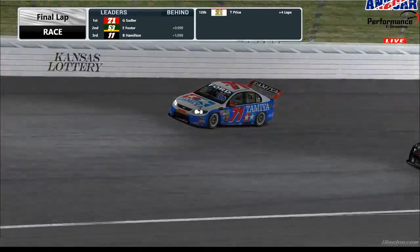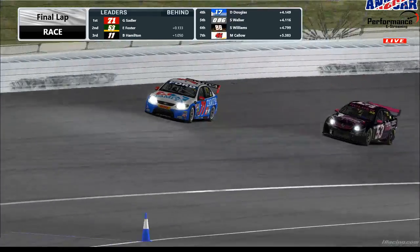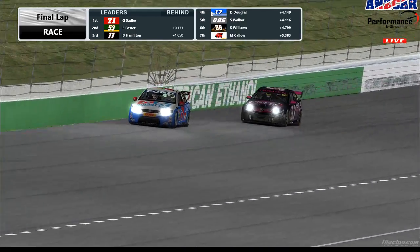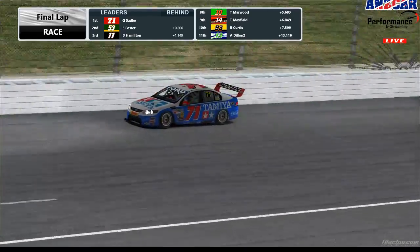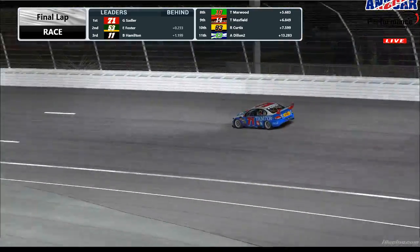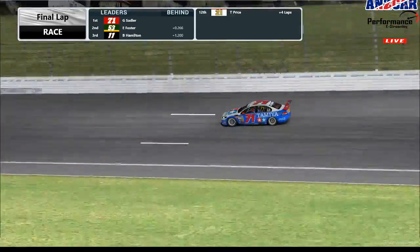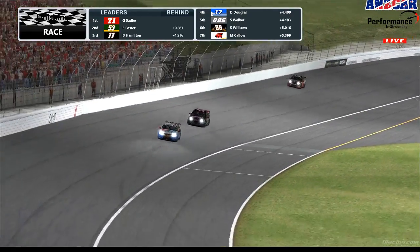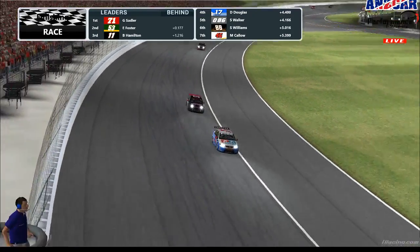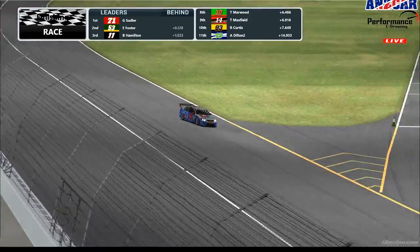So Foster goes down low, Sadler stays up high. It's going to be hard for Foster to get the job done down low as we come off turn 2 onto the back straight. Looks like Sadler might be fairly comfortable here as long as he doesn't get loose off 4 again. It'd be very hard for Foster to get past him. Gap's just too big now. It's now 0.3, so. And as we come across the finish line, definitely Sadler from Foster,